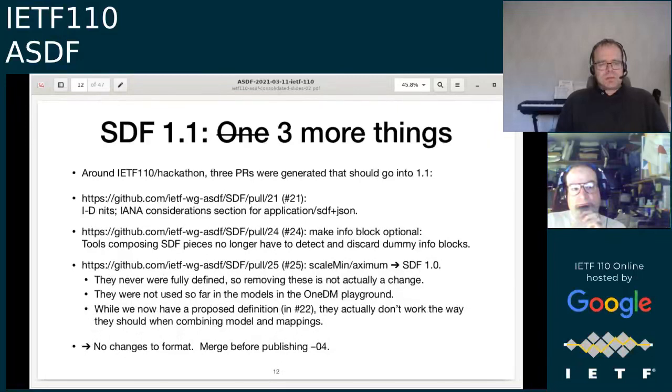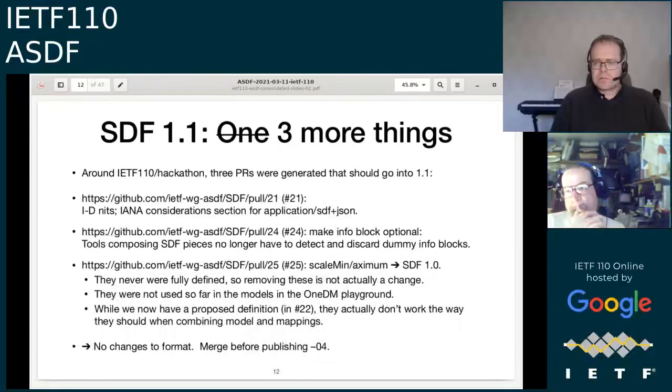And maybe there are more comments on this, but I wanted to make a comment on the scale min and max. First, models that use those will still validate as 1.0, which doesn't really mean they validate, but it means that they have a way of being present without breaking things and still getting flagged as not being up to date. They can also be experimented with as a protocol, as a mapping file entry, and I can talk a little bit more. I have one slide about this scaling as mapping files,